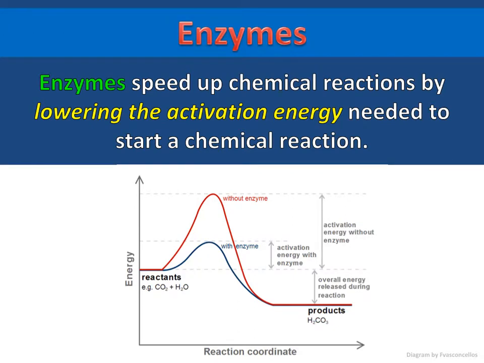So enzymes speed up chemical reactions, specifically by lowering the activation energy. Again, that's the energy required to get a reaction started. So enzymes are just going to go and look at the graph below. They start in the same place, but they're just going to lower the activation energy. So it's a lot less energy required to start the reaction. So maybe this is like 100 joules, where without the enzyme, that red graph here, you would need maybe like